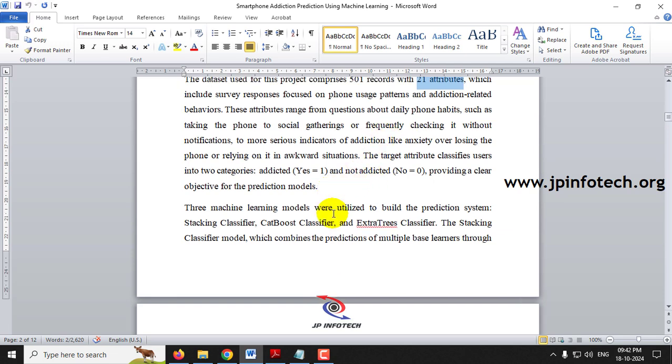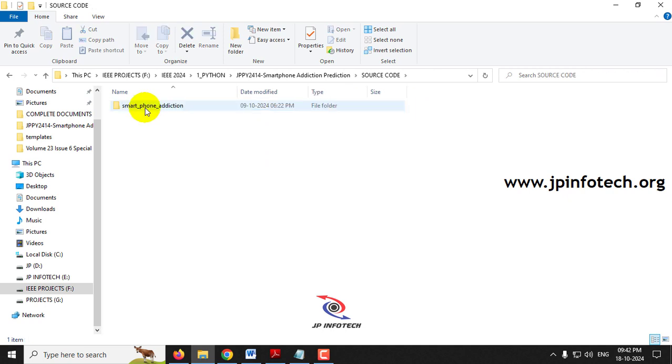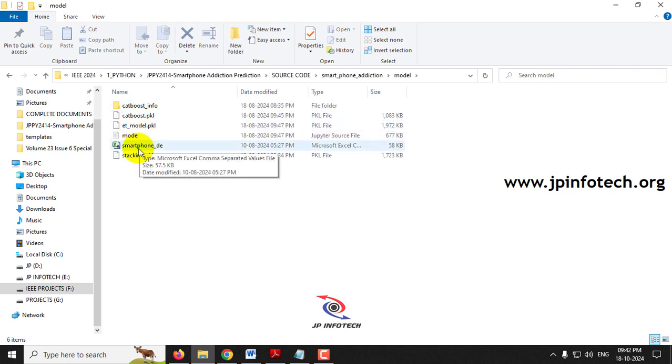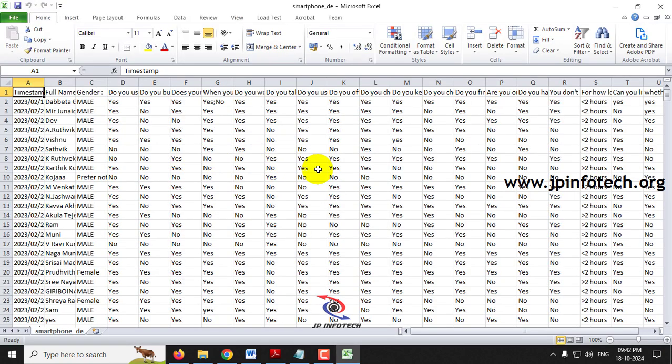Before going to the next part, I'll show you the data set now. The data set is available inside the model code. This is the data set that we have used to train the system, which contains features like timestamp, full name, gender, do you use your